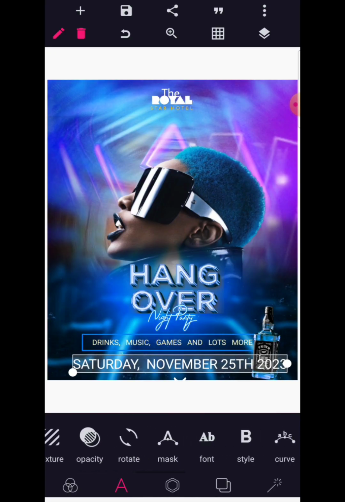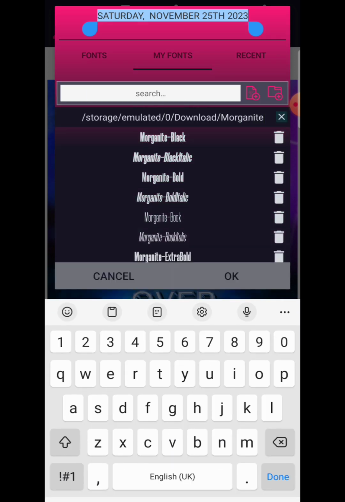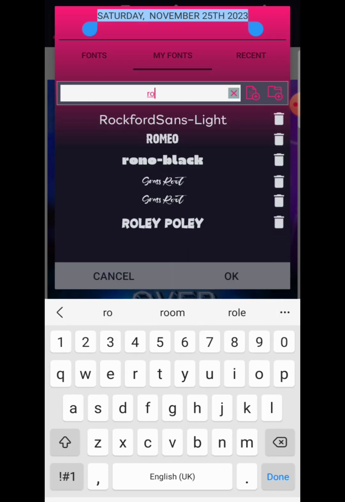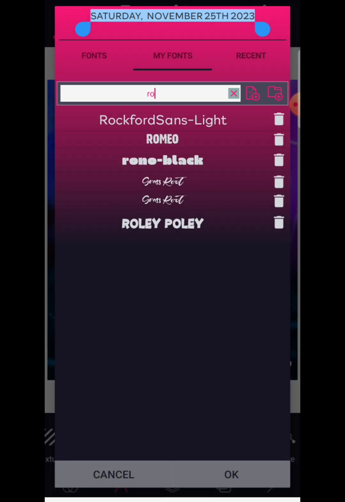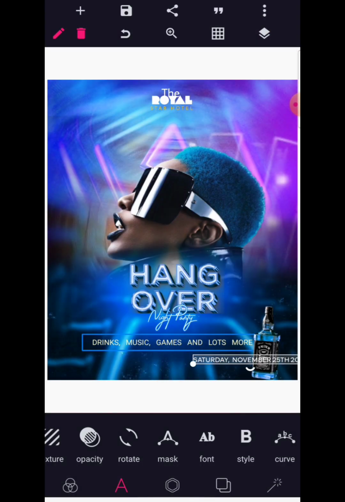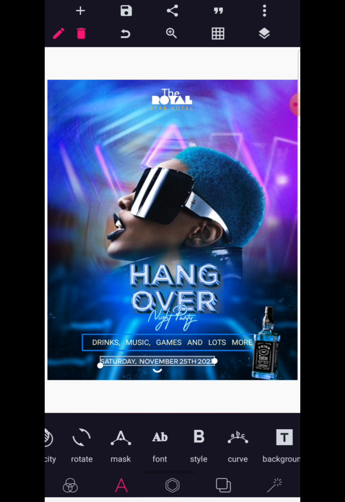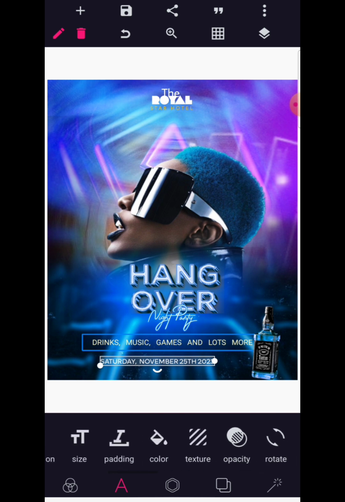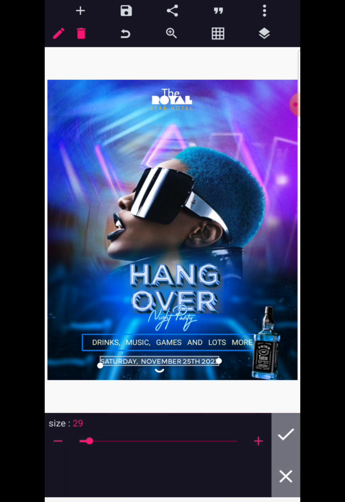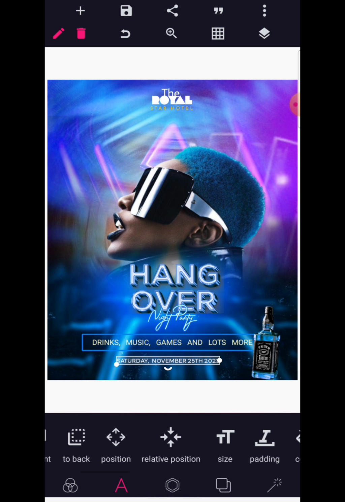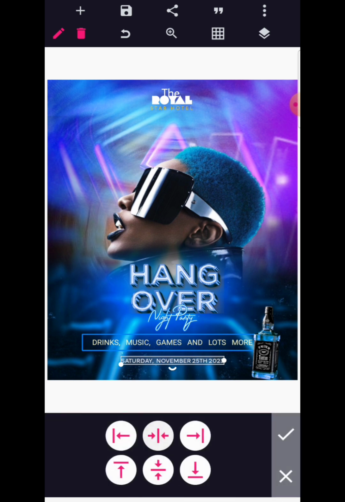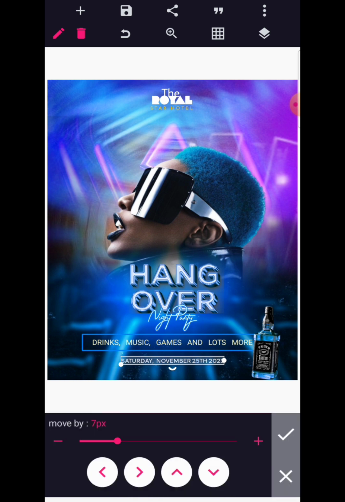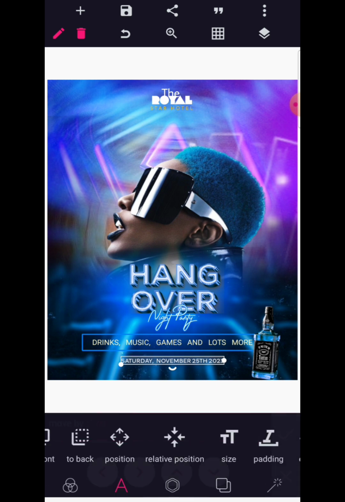Then we go to our font, and I want us to use a font called the Rockfordsands Light for that text. Then we reduce it in size to about, let's check the size, to about, okay, let's just say about 25. Saturday, November 25th, 2023. Then we use our relative position to tack it to the middle, and we copy it